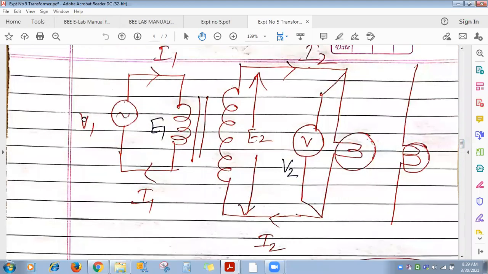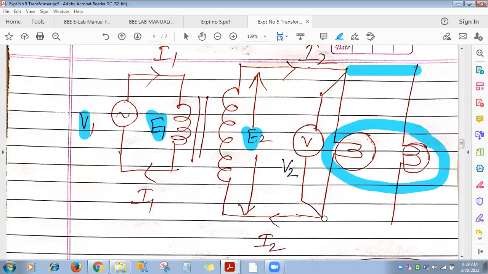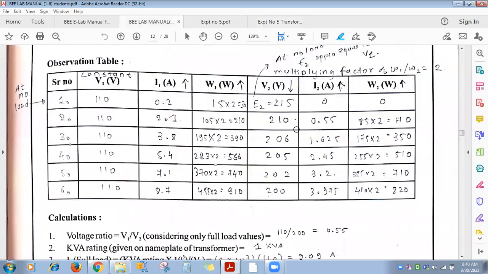See, voltages are constant. What is the formula for power? VI cos phi. So voltages are constant, and cos phi is not in our hand; it depends on load. So what does the transformer do? It takes more and more current from the supply. Got it? So that's why your I1, I2 readings will go on increasing. And as you have increased the load, it requires more power. I1, I2 are increasing, which means your W1, W2 readings also will go on increasing.